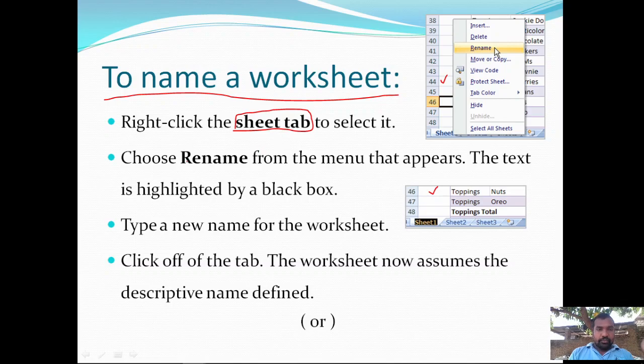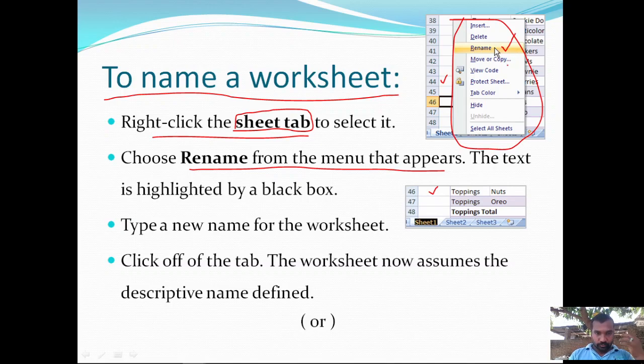Choose Rename from the menu that appears. So right-click on the sheet tab or the sheet name for which you want to create a new name. Then a pop-up menu will be displayed like this. In that menu, we have one command called Rename.